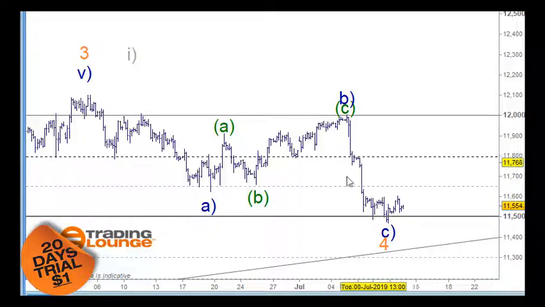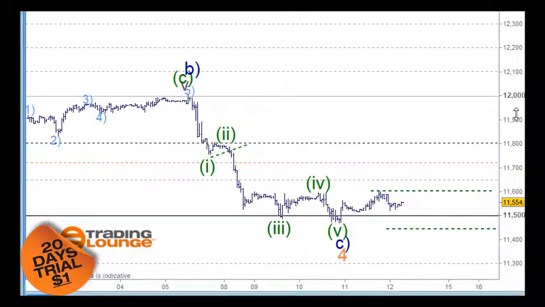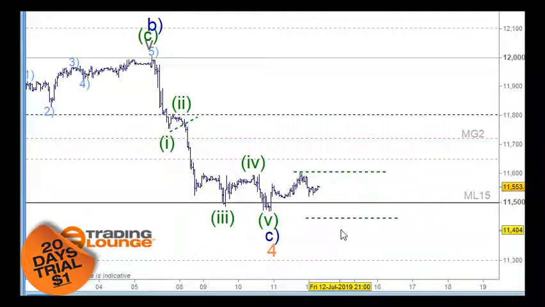So let's go in and talk about this little thing that's going on in here at the moment, and we'll go to the 1 hour chart to start with that. So this counts down here now better as 5 waves, but my problem at the moment is that this little move up through here is in 3 waves. It's not 5 waves to the upside, so it looks like a corrective move to the upside. Like I mentioned before, we shouldn't short. I mean, sure, you'll get a better price if you short from above the medium level here,